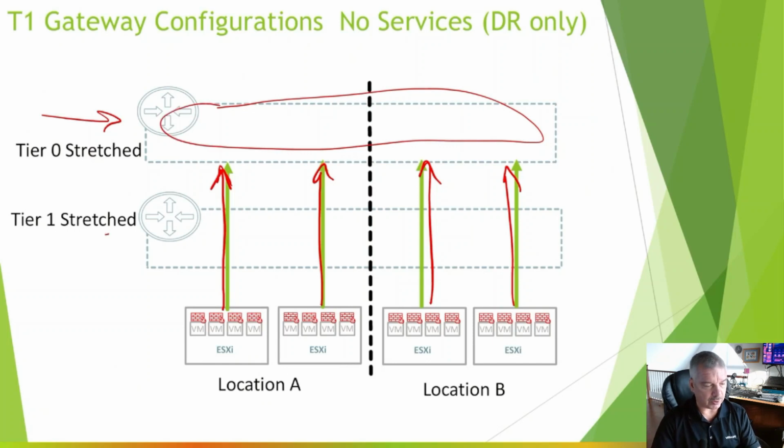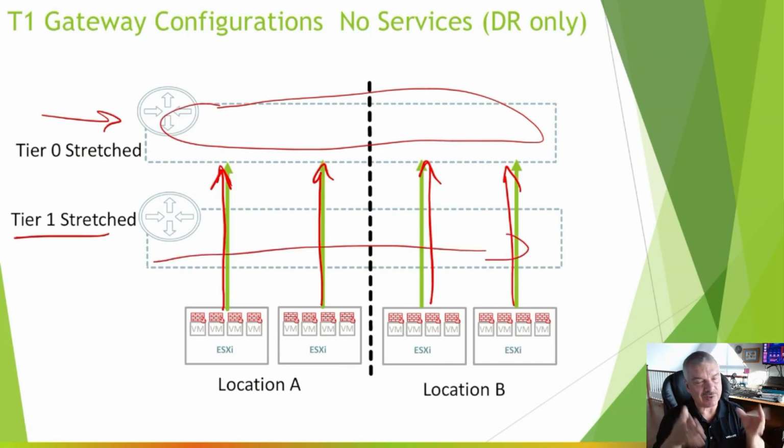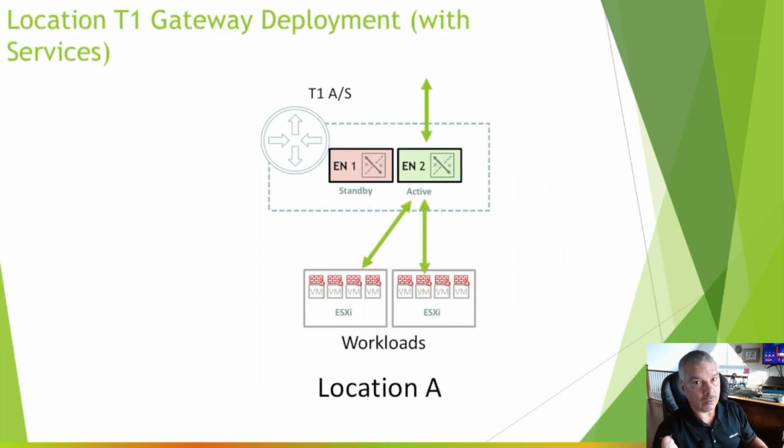But again, this one here, stretch tier 1, piece of cake. I'm stretching it across location. I got no services. Life is wonderful. Life is easy. Now, as we know, just regular NSX, if you deploy a tier 1 gateway and you put